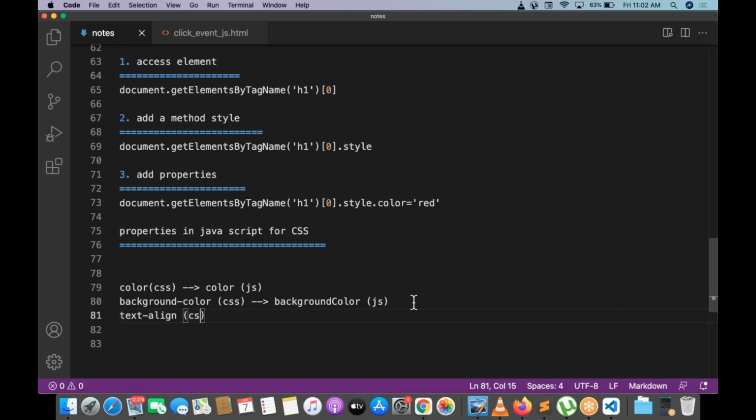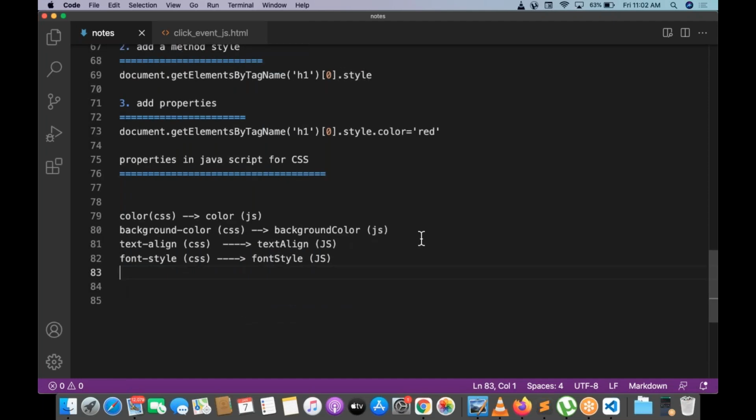This is in CSS, but in JavaScript that is converted into textAlign, just converting into the capital letter. Next, font-style: font hyphen style in CSS converts into fontStyle with a capital S in JS.